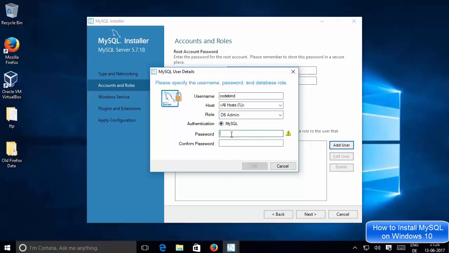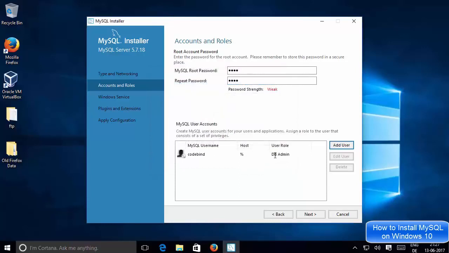And once again, for this user, you need to give a password. So give any password which you can provide to this user, and then this user will be able to log into that system. Okay, so I will just click OK. Now remember the password of this user also, and remember the password for the root account also. So this password is different from the user password. It can be the same, but basically this role is different, which is for the root account password, and this password may be different. Okay, but remember both the passwords.